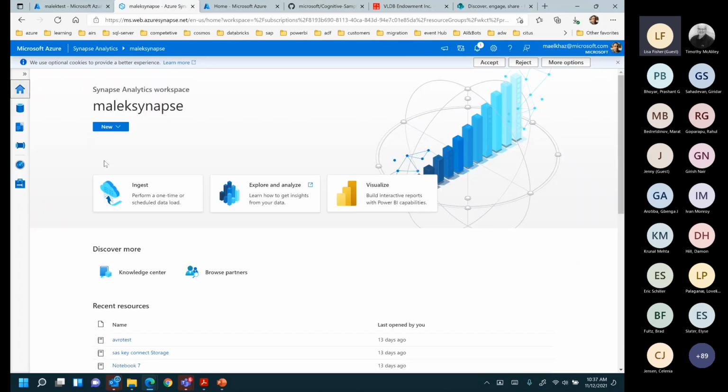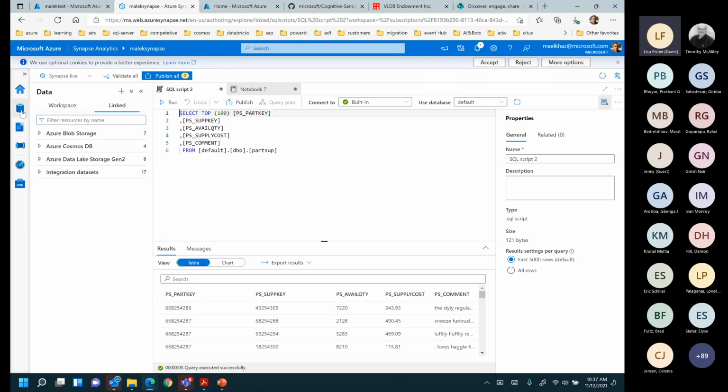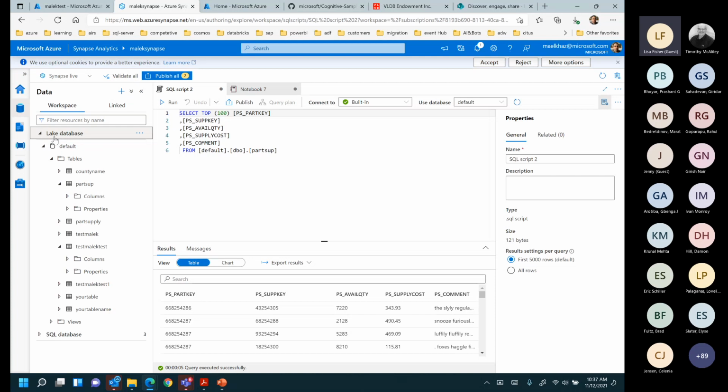So this is a workspace that James was showing. This is where you're ingesting your data, exploring your data, and visualizing your data. This is an end-to-end platform where you have your workspace. Now you're sharing your data across the lake databases. The lake databases are data that you can bring on from